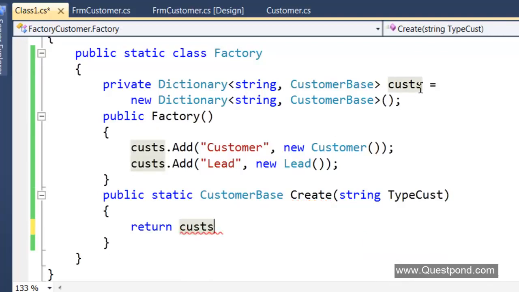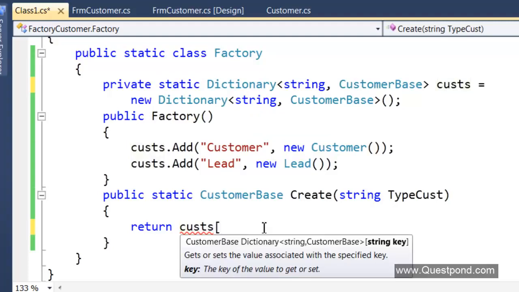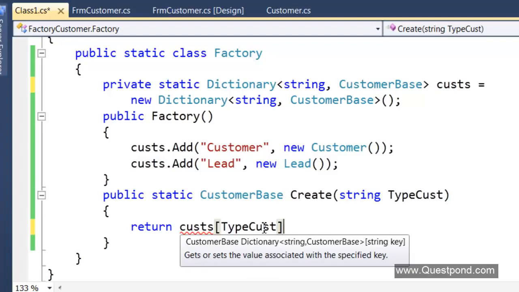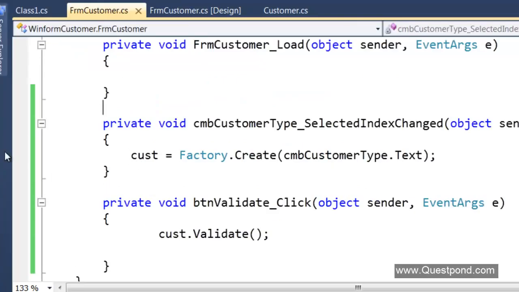Now remember that this custs here is a non-static variable, right? And inside the static methods, you can only access static variables. So we need to make it static. So I'll say cust of type cust, and he returns the type. Now you can see we don't need any more if condition. It can be just removed by simple lookup, and the lookup will work. Why? Because polymorphism is happening internally. So basically he will do a lookup, it will give out customer, but that will get automatically typed to a customer base, right? So over here now again, if you see,